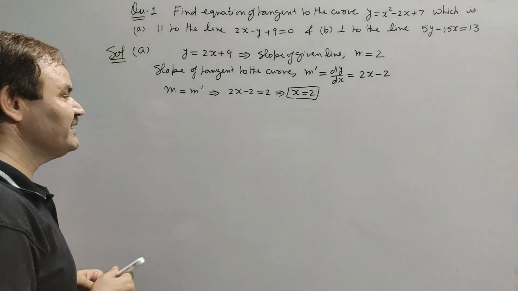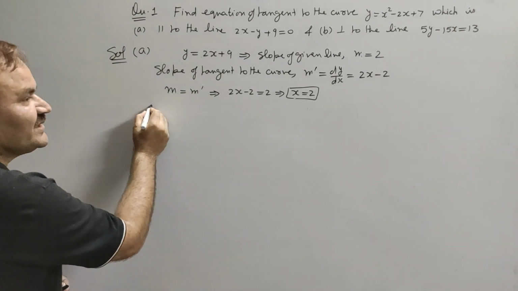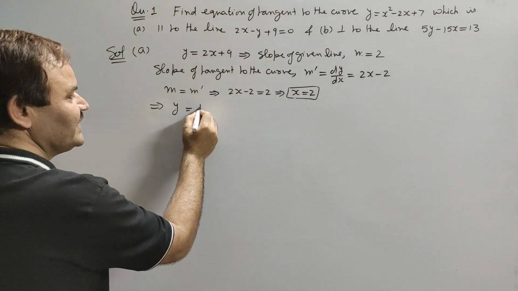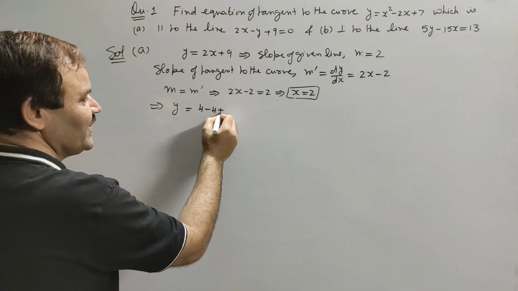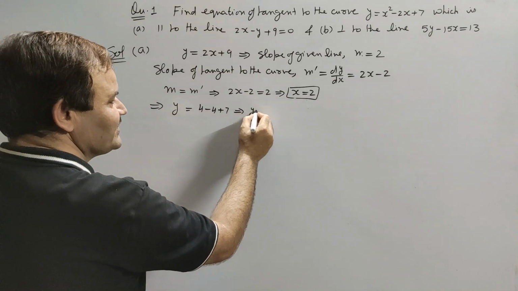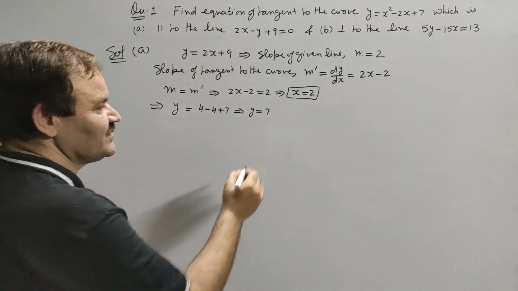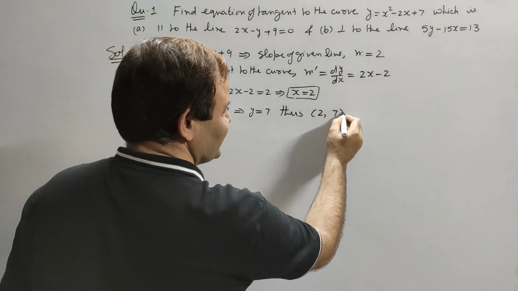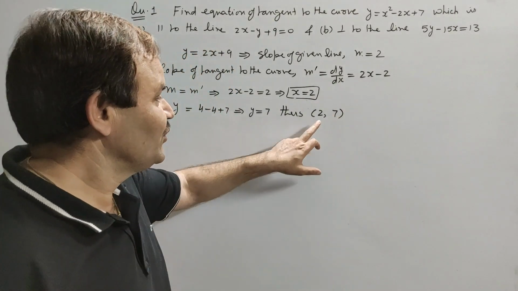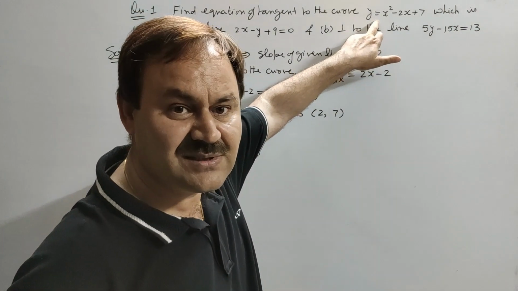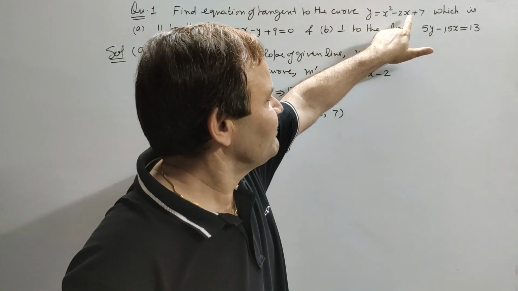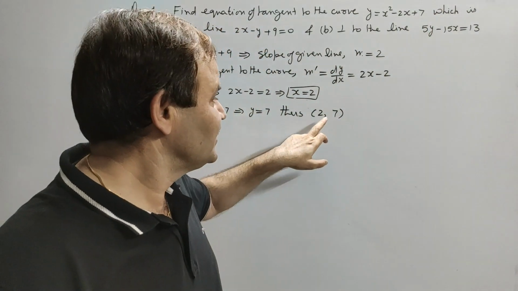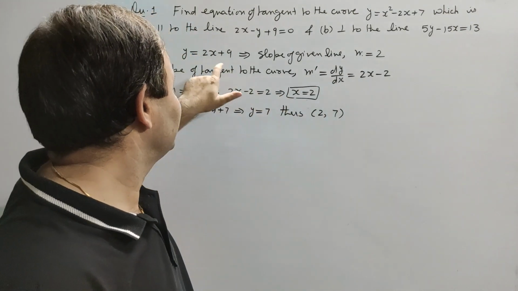So the corresponding value of y will be y is equal to 2 square, that is 4, minus 4 plus 7, which implies y is equal to 7. Thus (2, 7) is the point on the curve y is equal to x square minus 2x plus 7, at which the tangent to the curve is